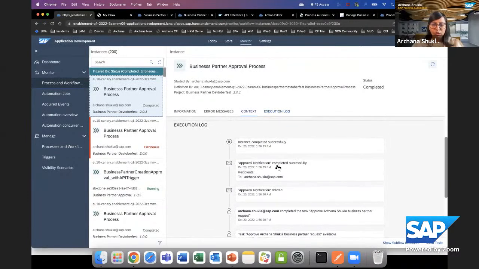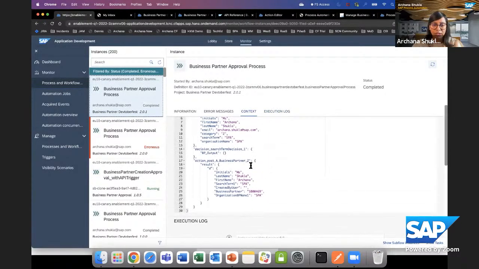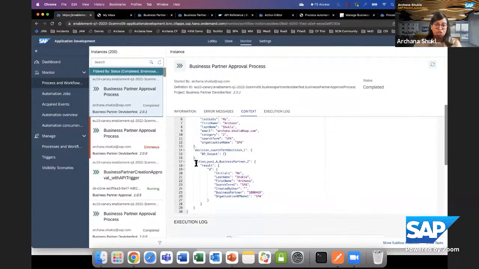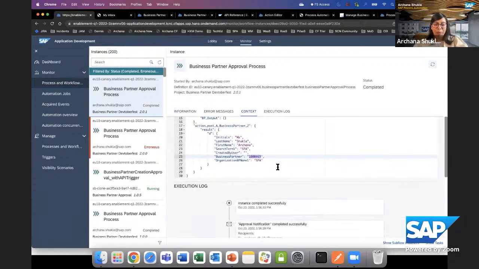And after approval, if you see here, the action project was created, and then this is the new business partner that got created in the backend system. So that's how the whole action project works. You have to create an action project, then release that action project, publish it, and then use it in the project. And so now let's also go back to the backend system to just see if it is available